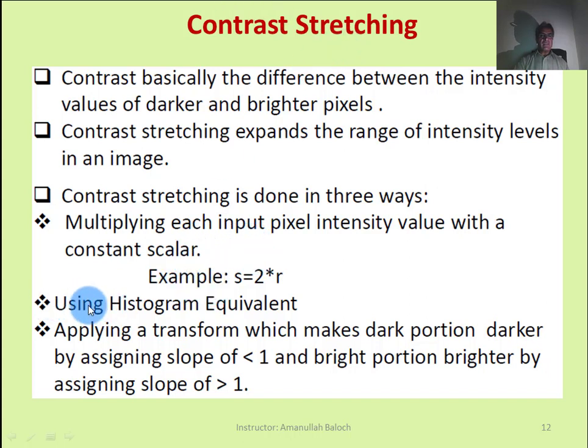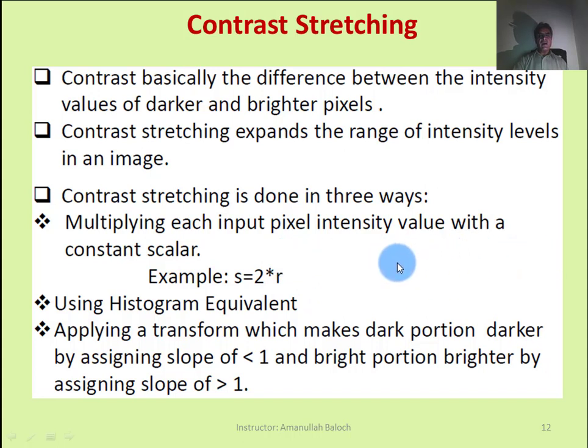The second method is histogram equalization, and the third method is applying a transform. What is histogram equalization? Actually, we equalize the histogram of the input image over the 0 to 255 range.